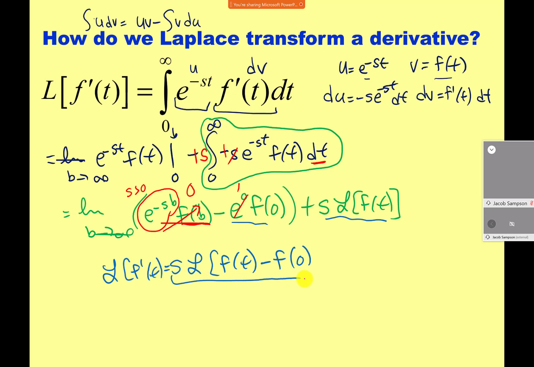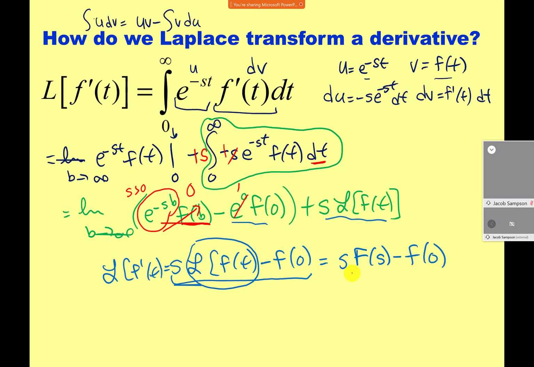So this is what we're going to do when we need to do that. We're going to take s times the Laplace transform of the function and then minus the function value at 0. And this is often written in Laplace's world. Once you transform f of t to show you're in Laplace's world, you use a capital for the function, so I'd use a capital F, and you use s for the independent variable. So I could write this as s F of s minus, and I still need this f of 0,